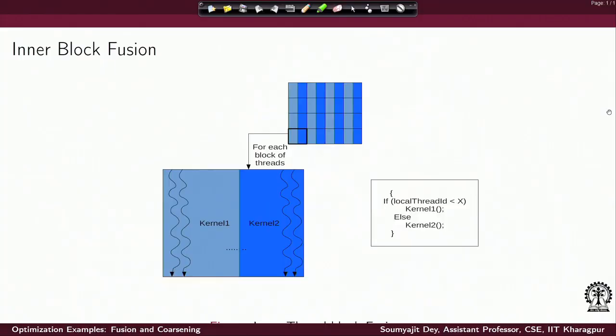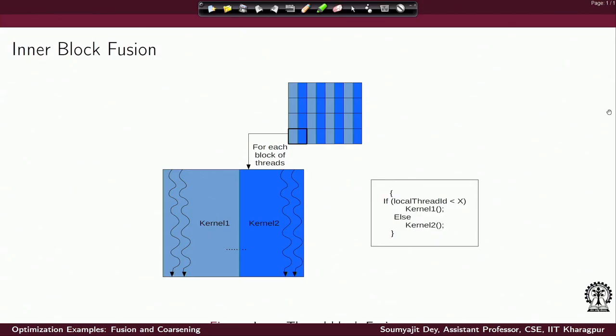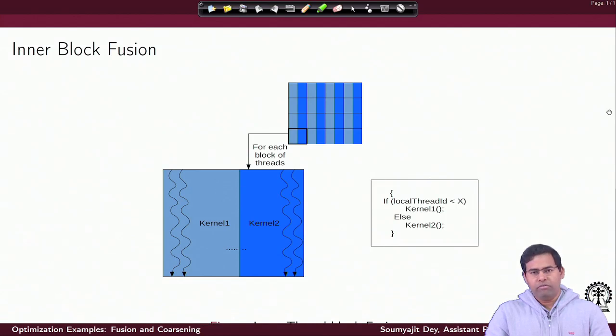If you just recall, in the last lecture we started with the optimization, that is how to fuse multiple kernels together, and we covered the idea of inner thread fusion, one possible way to do the fusion of two kernels. We figured out the relative advantage and disadvantage of doing inner thread fusion, and when it is applicable. With that background, we will move to the next possible way of doing fusion, which is inner block fusion.